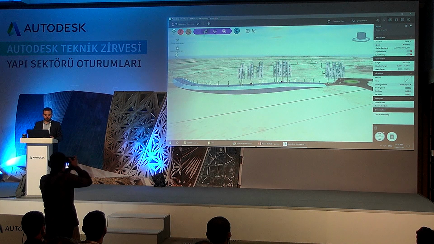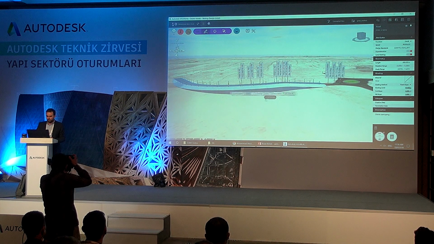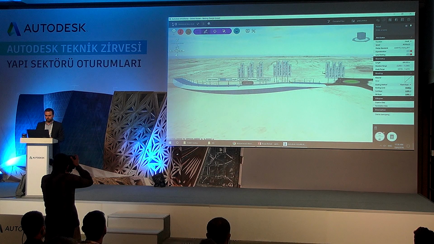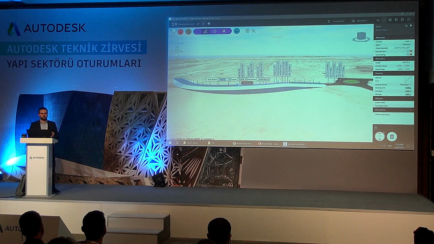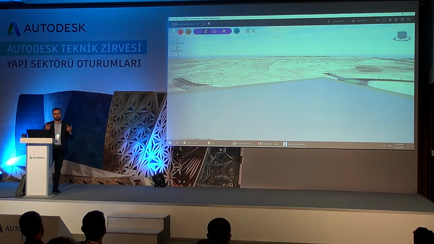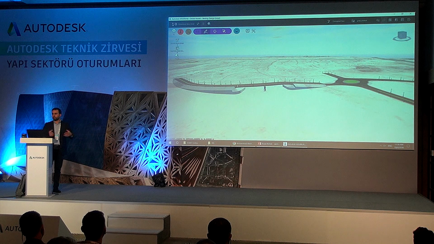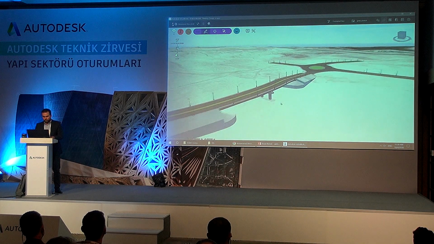Let me just keep it as is and show you very quickly also the bridge design. We can't cover everything today, but let me pick a steel plate girder bridge, and as per my design, I want to have a bridge that goes from this station to this station. Let's make it a bigger bridge. Once I hit the double click, InfraWorks will read how many lanes, what is the expected live load, dead load, and then it will calculate the structural components required to make that bridge,